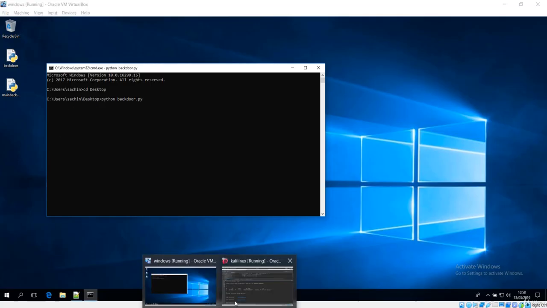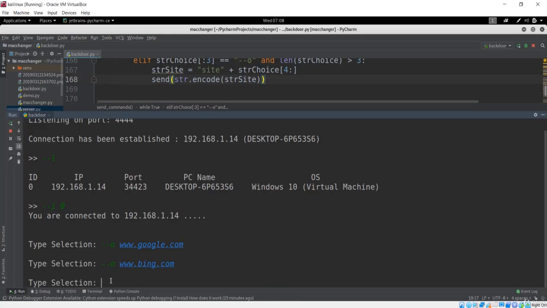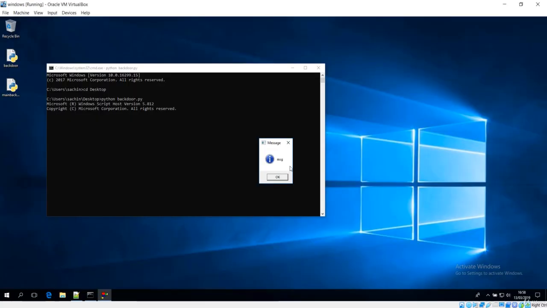What you can do is simply close that connection and terminate the loop here. You can do something like, if you want the message to be sent again, you say something like hello, and let's go back to our Windows machine, and you could see the message popping out. It is also not showing that message. You can just format that over here.